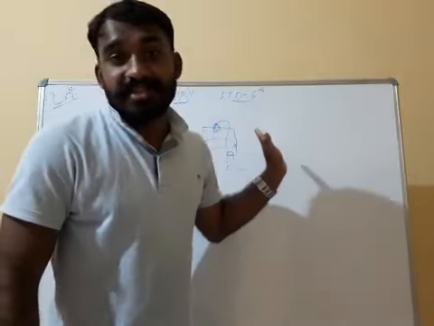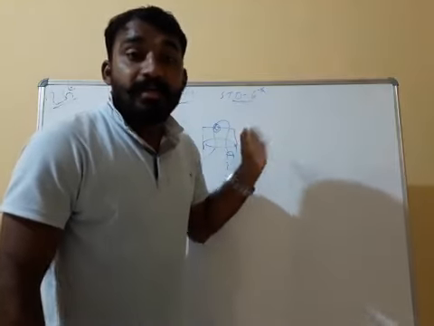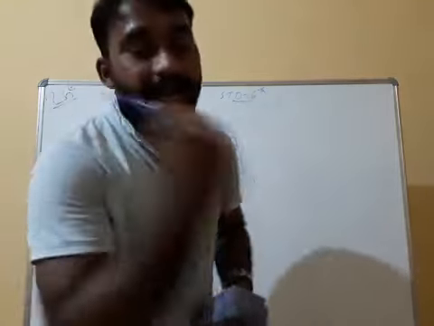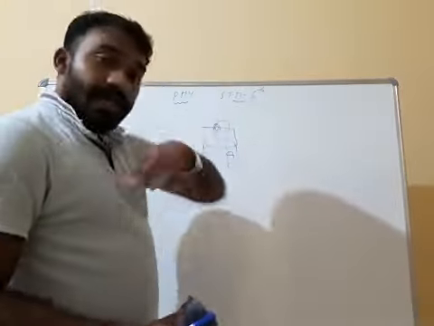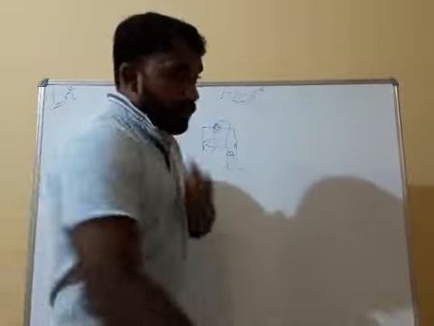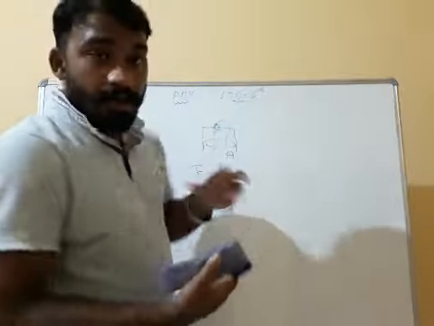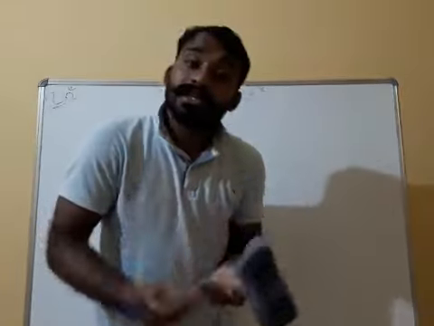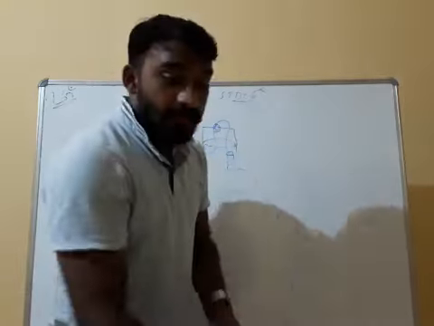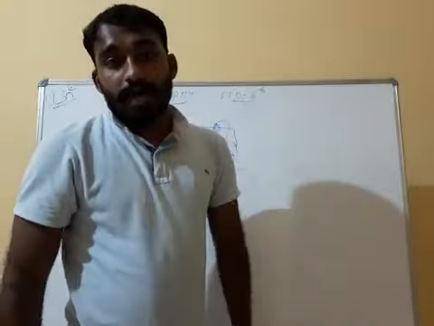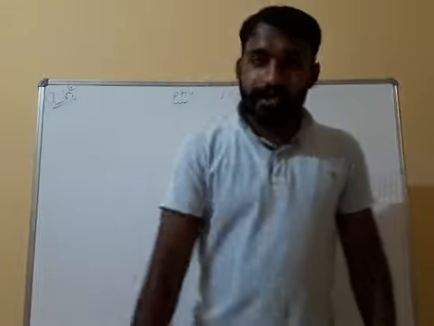Why are we calling this a machine? Because it makes our work easier by applying less force. Without a pulley, we have to apply a large force to lift a bucket of water from the well. But with the help of a pulley, our work becomes easier. It is easy to draw water from the well by applying the force downwards while the load moves upward. Pulley always helps to change the direction of the applied force.